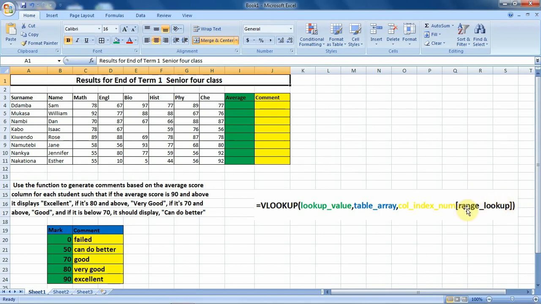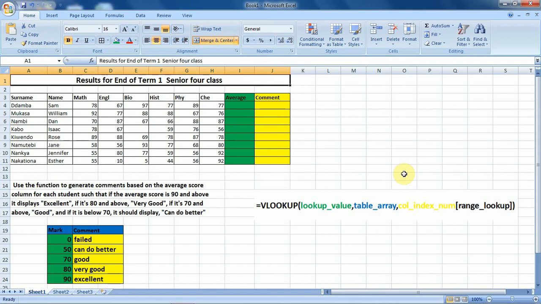This can be represented by writing true, which assumes that everything is already sorted in your table array, or false, so that you can search for the exact value in the first column in your table array. So this is how we write the syntax for this VLOOKUP function.